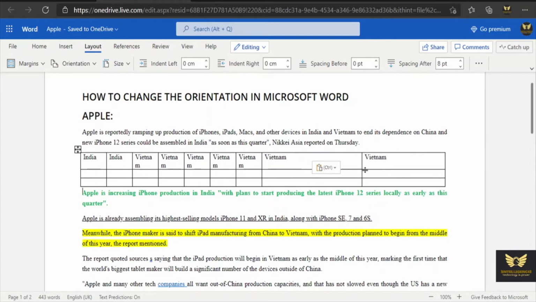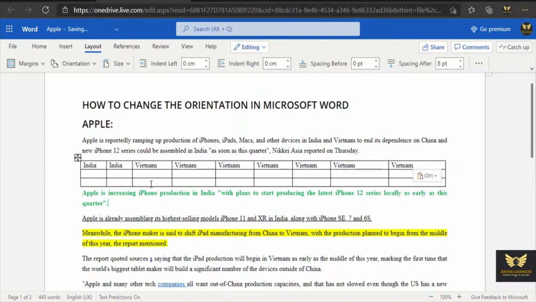See here. So that is the purpose of changing the orientation in Microsoft Word.